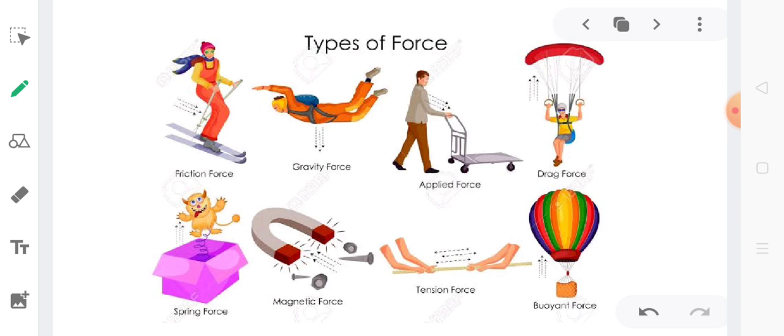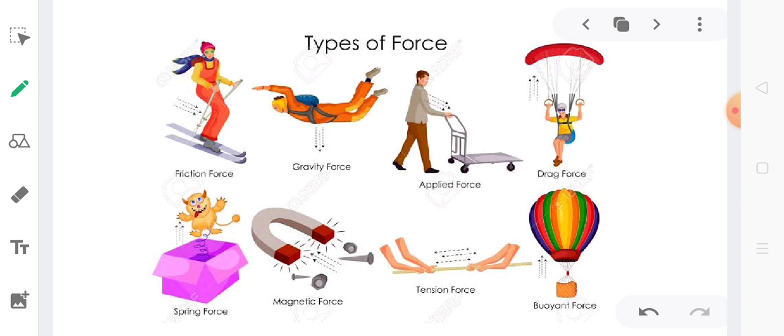While on the other hand, just consider the example of gravity force, or say the magnetic force. You can see between the magnet and those iron nails, there is no direct physical contact. There is a space between the two objects, between the magnet and the iron nail, but still a force is existing. Still some interaction is going on. So that is what helps us to place these types of forces in another category.